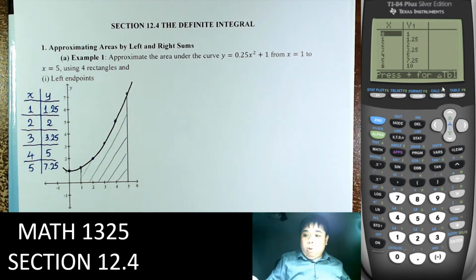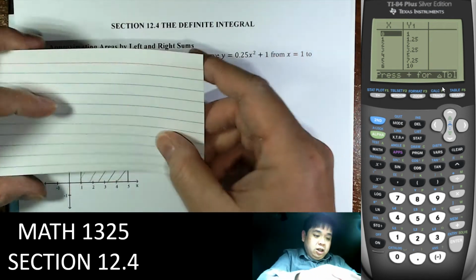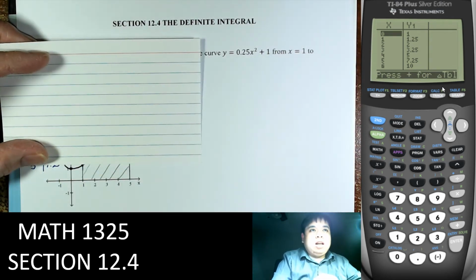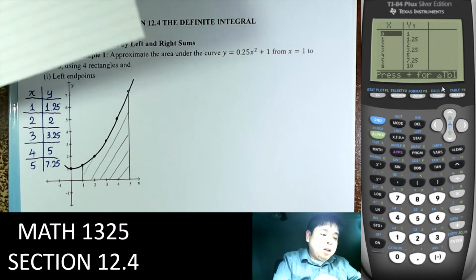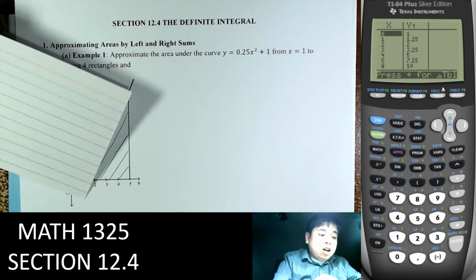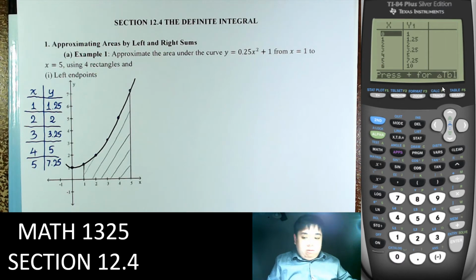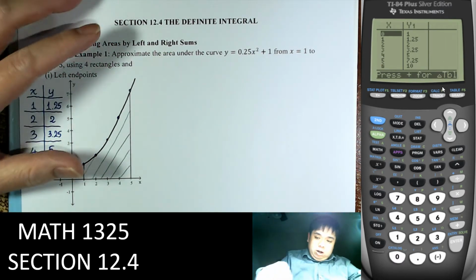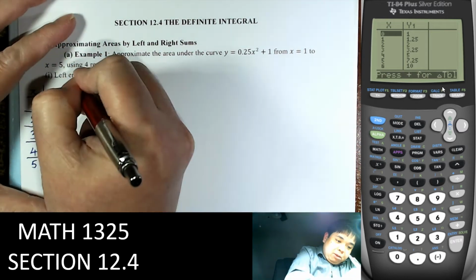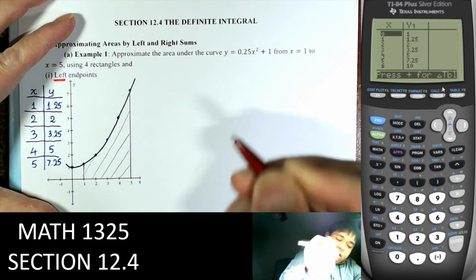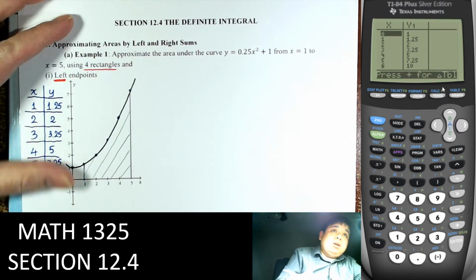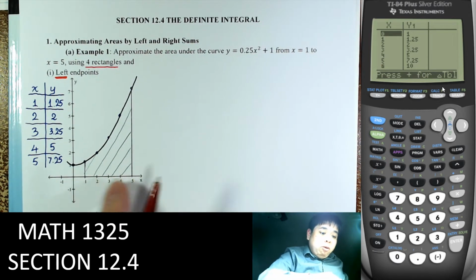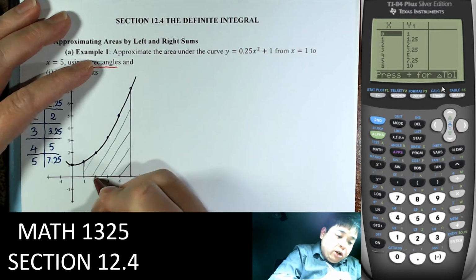Of course, the worst approximation is to just use one rectangle to estimate the area, and that's not a good approximation because it is a curve. So one rectangle will not estimate it. In this problem, we'll focus on the left endpoints, and there will be 4 rectangles. With these 4 rectangles, meaning the interval from 1 to 5, we divide that into 4 equal segments,